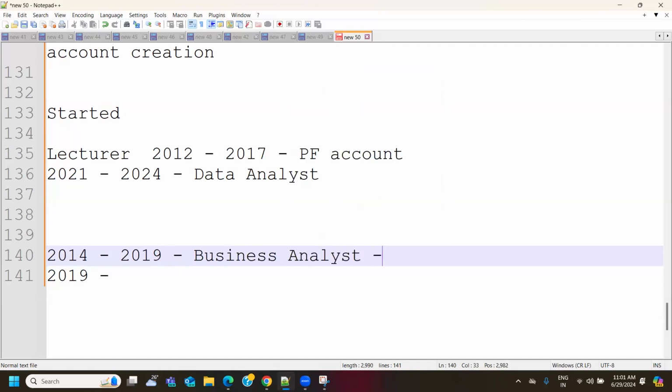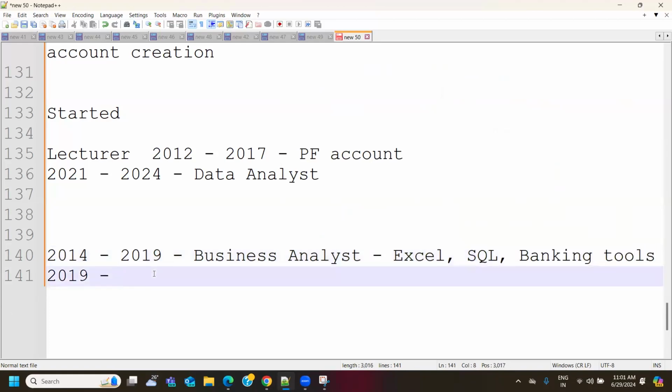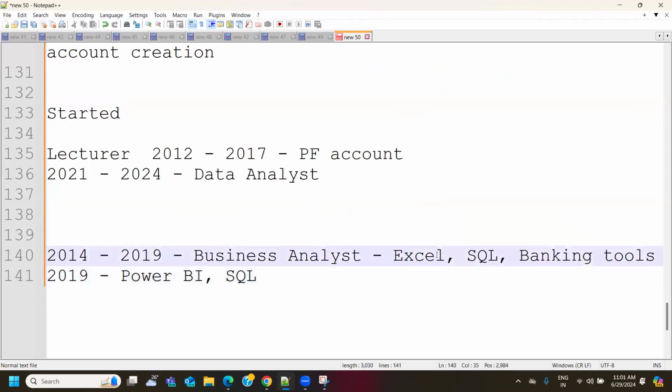Business analyst means you have used Excel, you have used some SQL there, or you have used your banking tools, any banking tools. Right now, this is done starting from 2019. You can clearly mention your experiences. I started using Power BI because the bank domain also felt that using Power BI would help improve their business. So from the start of 2019, you can mention SQL, Power BI. Now 2019 to 24 is 5 years of experience. Prior to that, you can mention Excel and any banking tool. If you do not want to mention SQL also, that should be fine.